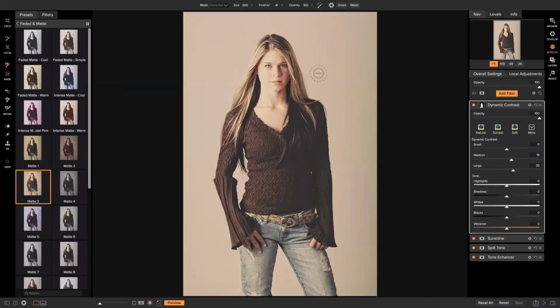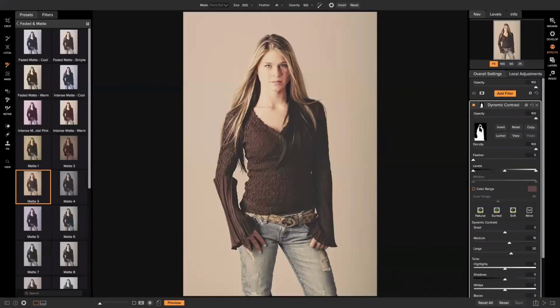I wanted to show you landscape shooters out there how you would paint that out, because you probably will be doing a lot of painting out in skies or in reverse, painting in, which is what we're gonna do right here. This is kind of an advanced feature, so I'll go as slow as I can about this, and I'm going to actually click into this mask, and you can see it right there, just like I was showing in the mask view. I'm actually going to reset this and get us back to square one to where it's applied